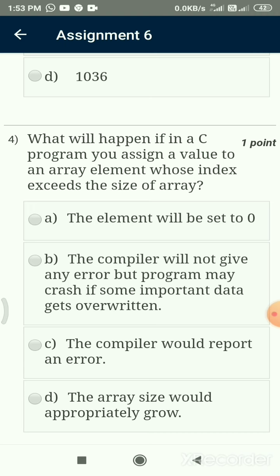If exceptions were supported, an exception would be raised. Since C does not support exceptions, it simply ignores it, or sometimes data gets overwritten. So the right answer here is B: the compiler does not give any error, but the program may crash if some important data gets overwritten.